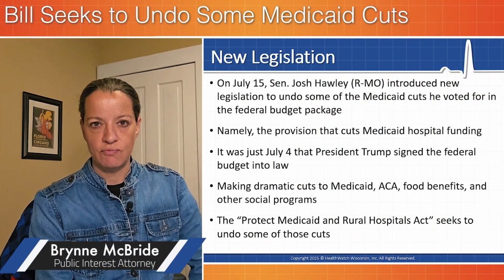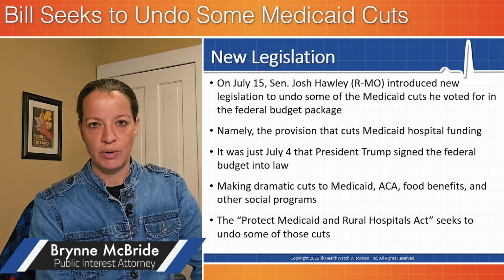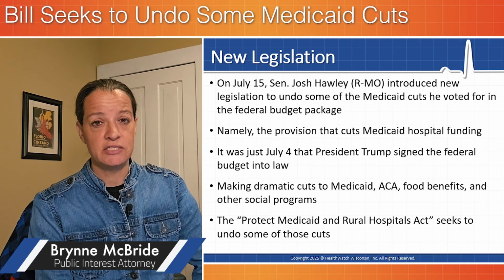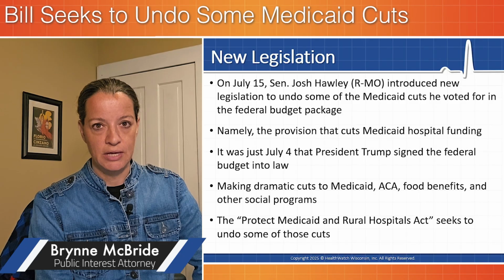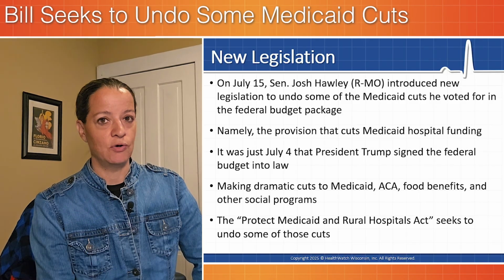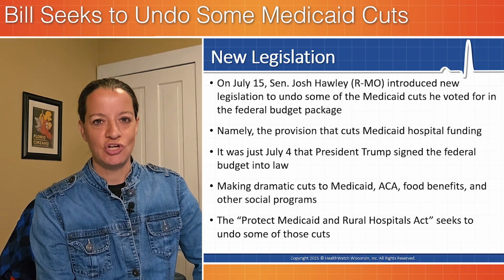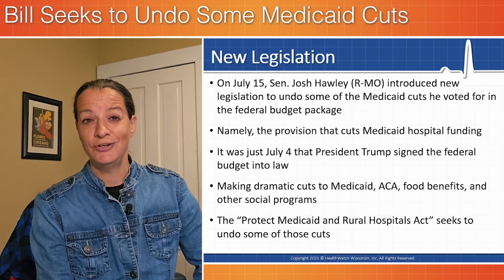On July 15th, U.S. Senator Josh Hawley introduced a bill to undo some of the cuts to Medicaid that he actually voted for in the federal budget, namely the provisions that cut Medicaid hospital funding. It was just on July 4th that President Trump signed the federal budget into law that included cuts to Medicaid, food assistance, the Affordable Care Act, and other social programs. But it's the Protect Medicaid and Rural Hospital Act that Josh Hawley has introduced to try to undo some of